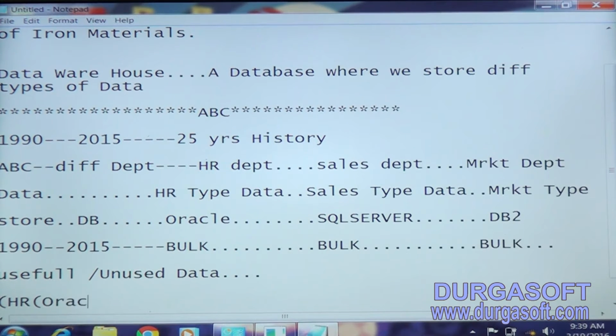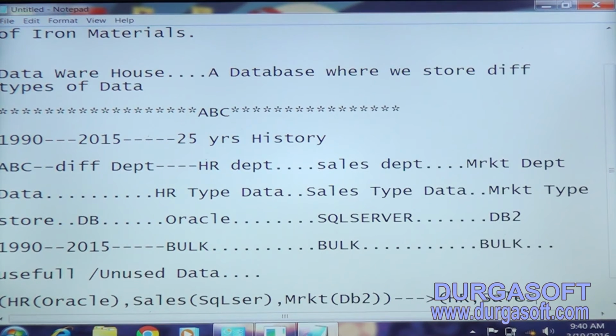under Oracle database and sales under SQL Server, marketing under DB2. Now they want to move all the data, that means HR, sales, marketing,